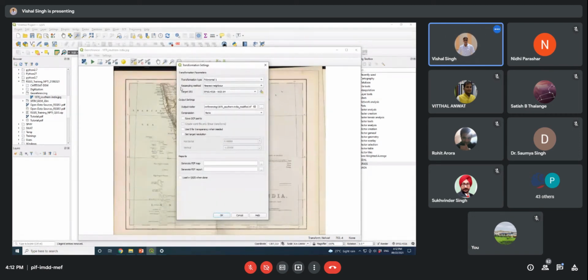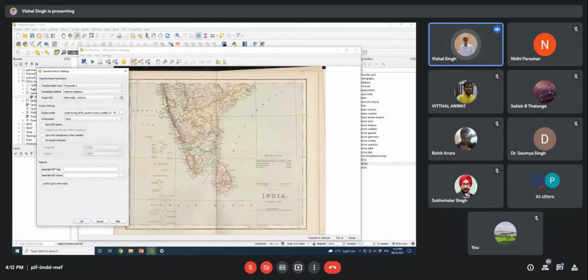Okay. The other method is the resampling method, which is nearest neighbor. Suppose you provide one coordinate, one latitude longitude information here, another here, the third here and the fourth here. Based on that, it will do the resampling and provide the coordinate information to the other areas.